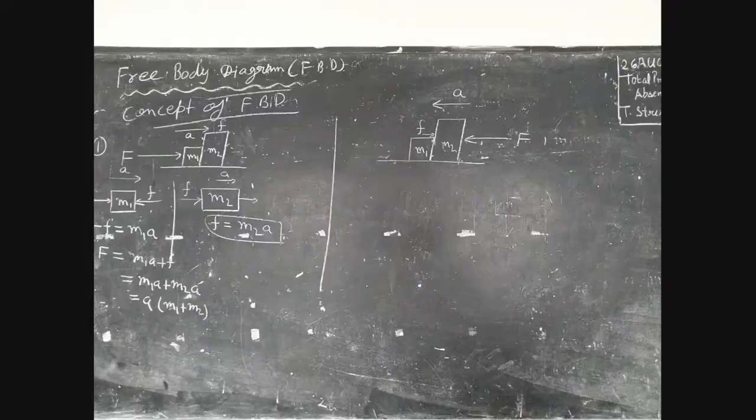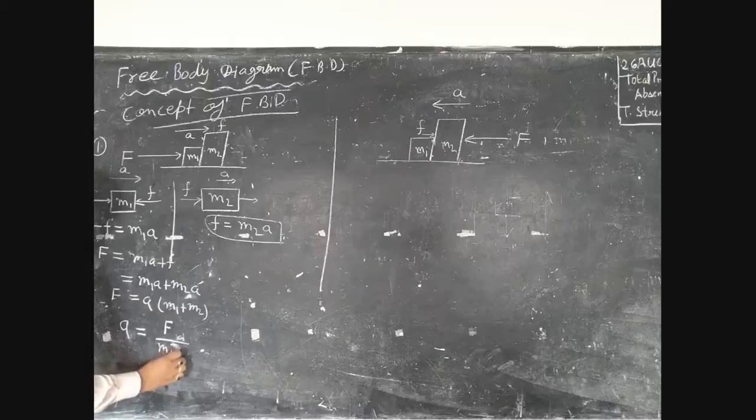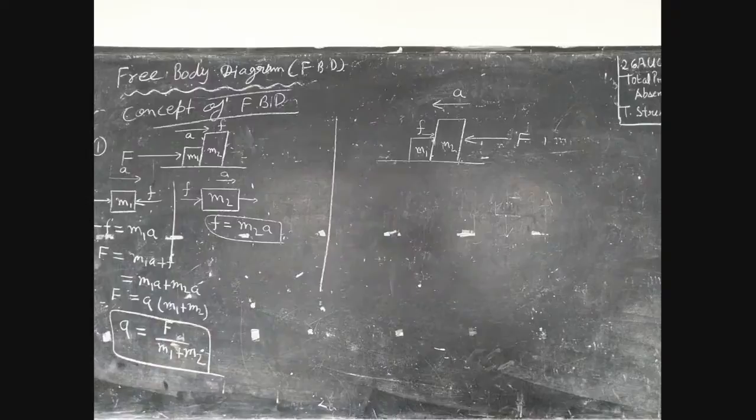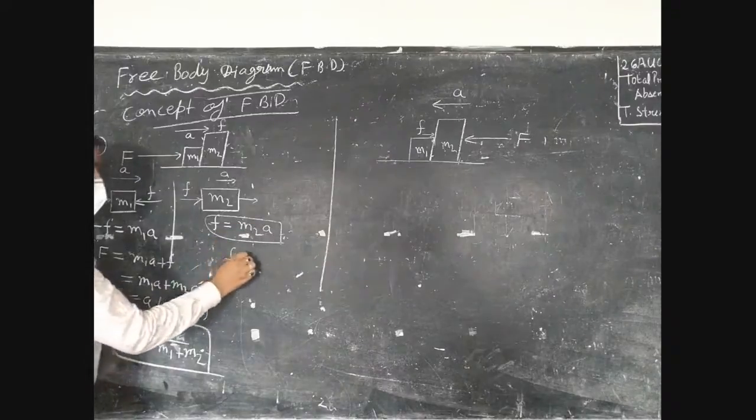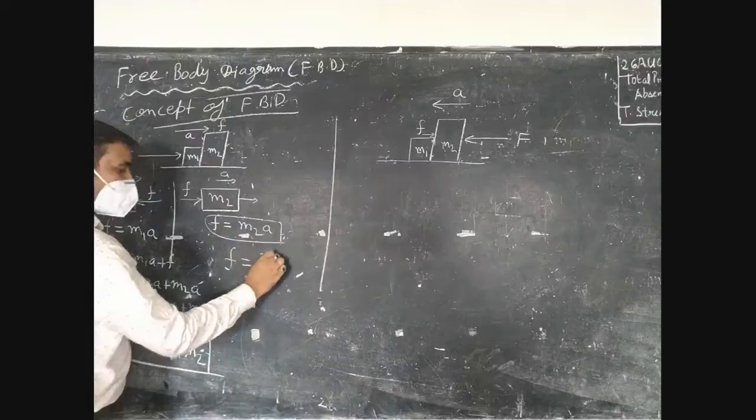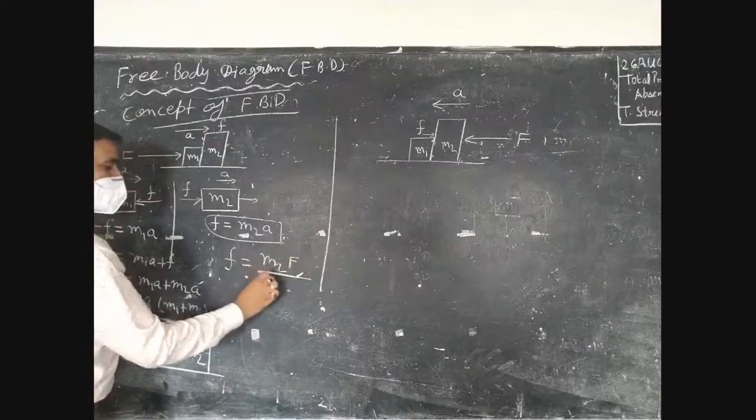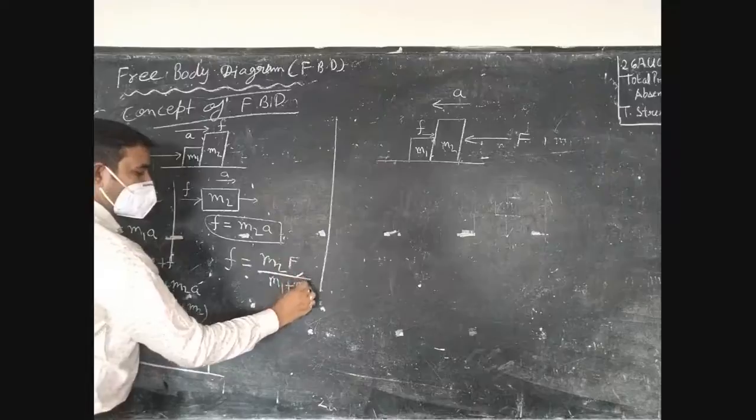Always remember, in this kind of situation you need to first calculate the acceleration. कितना acceleration होगा due to this application of force. So this acceleration is equal to F upon M1 plus M2. This much is the acceleration. ठीक है? What is the quantity of force which opposes this applied force? So the answer is this. By using this A here, we get M2 F upon M1 plus M2.